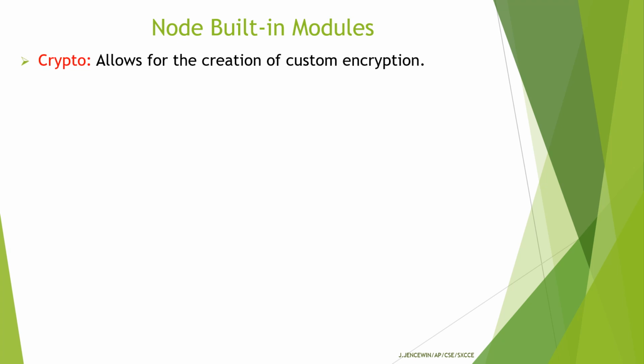And the next module is crypto. This allows for creation of custom encryption. It provides built-in functions for encryption and also decryption. And the debugger, this allows debugging of Node.js files. It provides all the debugging options, that is, setting breakpoints and